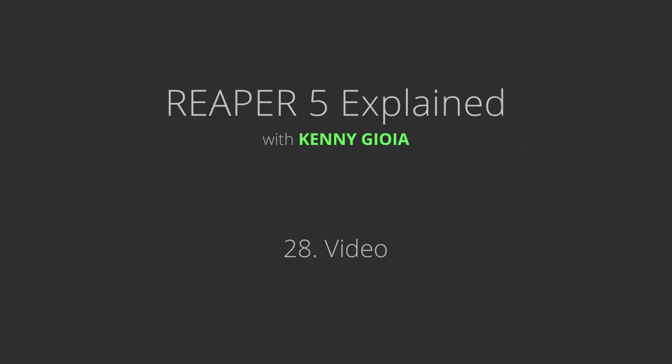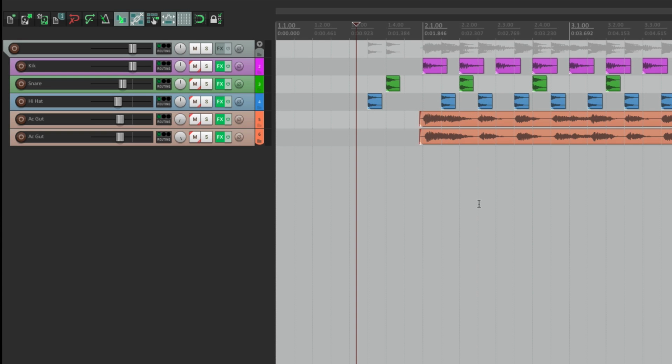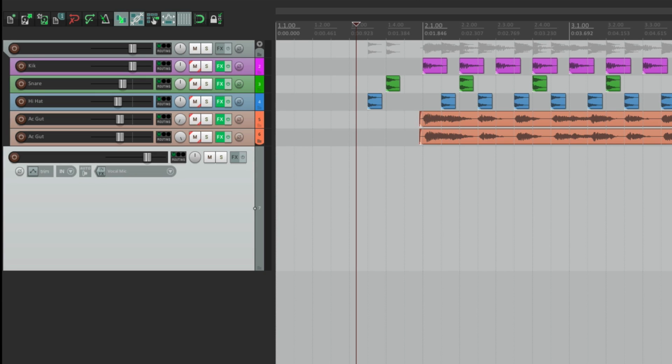Okay, next we're going to check out video in Reaper. Now with the release of Reaper 5 came a lot more video capabilities, as you'll see. As I've mentioned, there's only one type of track in Reaper, so we can put video on a track as well. So let's make a new track, and let's add video to this track. We'll open the Media Explorer,